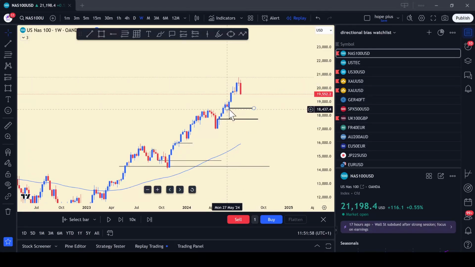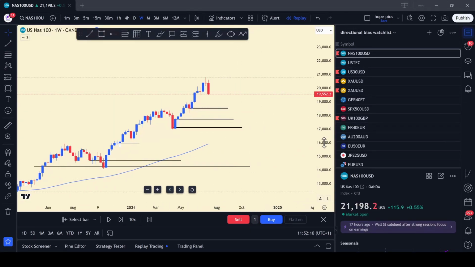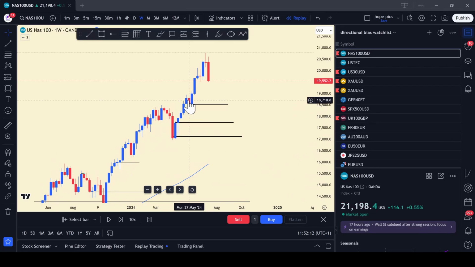And now I'm looking at taking entry around this opening price. This is the reversal opening price, as I showed you in the illustration part of this video. You can see a bearish candle and a bullish candle. Why am I picking this level? One of the reasons why I'm picking this level is that it has